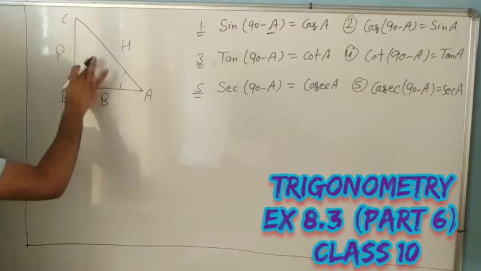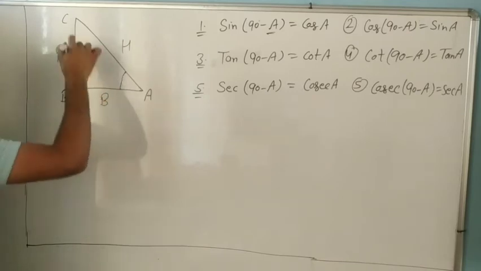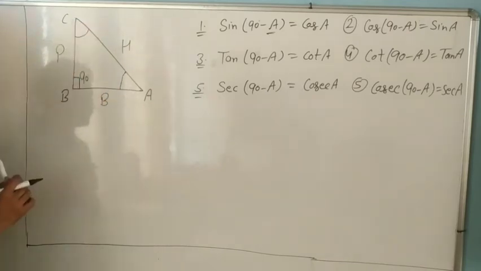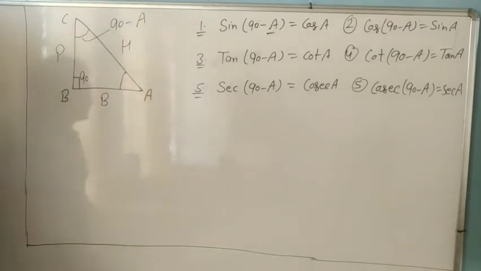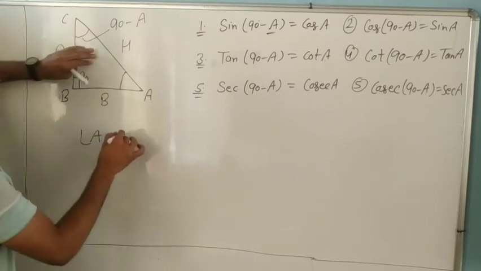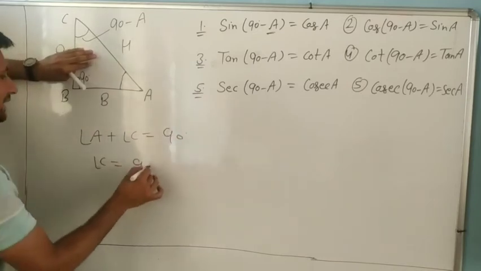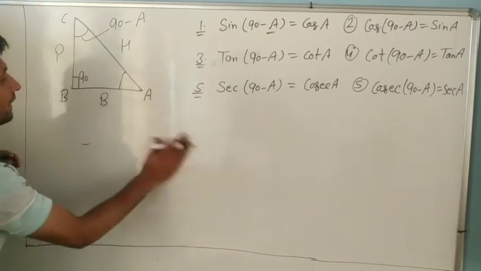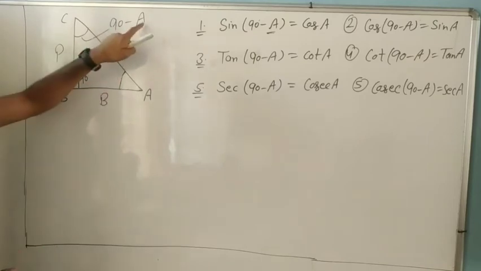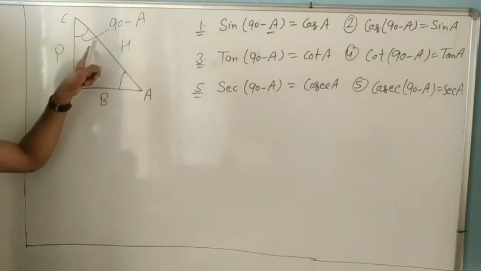Perpendicular. And in this triangle, this is 90 degrees, this is A, and how much angle remains here? Can I write it as 90 minus A? Yes, because the sum of all three angles is 180. It means angle A plus C equals 90, or not? Angle A, so angle C is how much? Angle C is 90 minus A. Understand or not? It's very simple, dear. If it is 30, then 90 minus 30 is 60. If it is 60, then 90 minus 60 is 30.